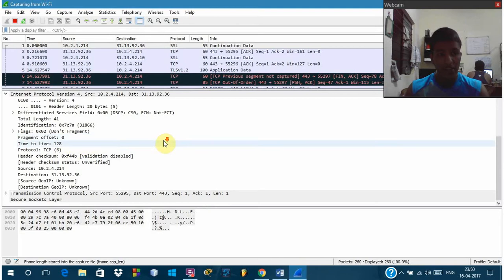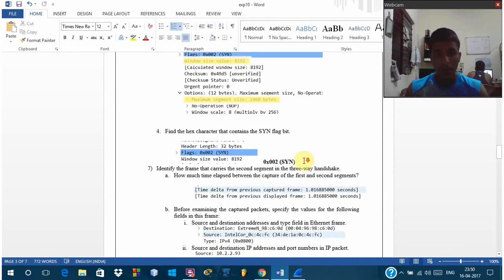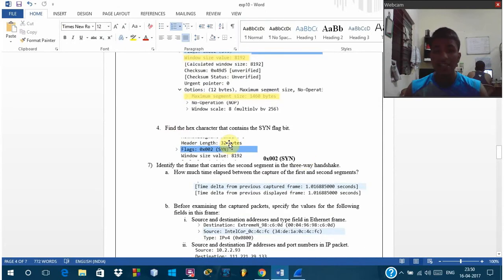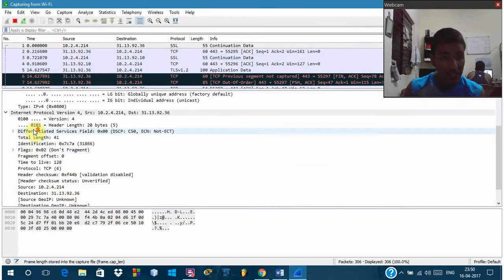Yeah, you can find it here. The flags and the total length of the TCP IP. Then find the hex character that contains the synchronization flag bit. Flags. Now you have to find the synchronization flag. So you'll go to flags,